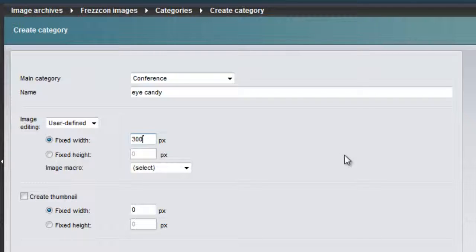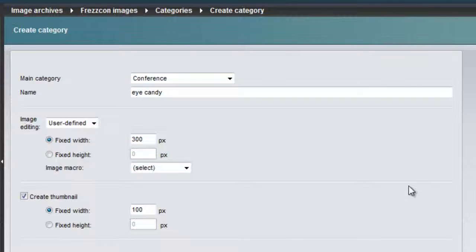But let's choose a fixed width of 300 pixels, which is a good largest size for an image that might be used in a column with some body text. I also have an option here to create a thumbnail. A thumbnail is simply a small version of the original that you can place as an alternative to the full-size image if it suits your needs. Although I don't really need a thumbnail in my current case, for the purposes of demonstration, I'm going to generate a thumbnail with a width of 100 pixels.